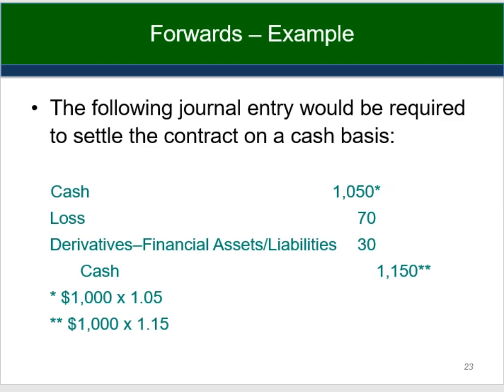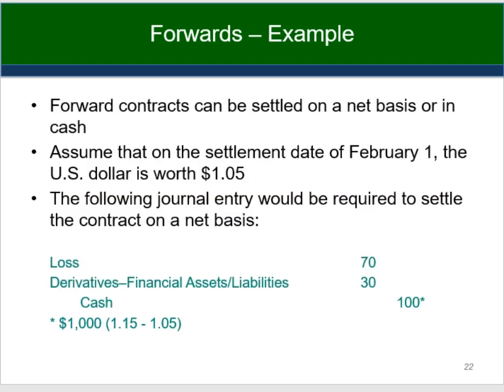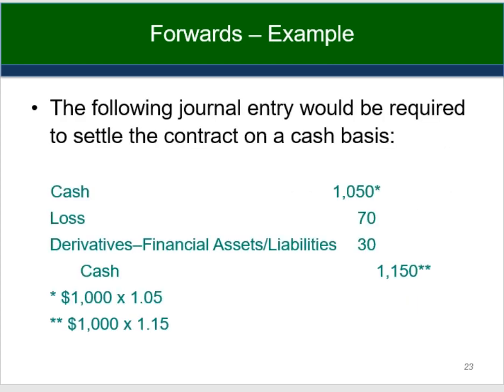So on the cash basis, there would be two cash payments. You would have to pay $1,150 to settle your obligation under the forward contract, and that you would receive cash of $1,000 US, and that cash would be valued at $1,050. So when you used it for whatever purpose you set the forward contract in place, the value would be a reduction in cash of $1,050, and that would be the $100 which we saw here. So if we actually settled the contract and paid it out, that would be the loss of $100.